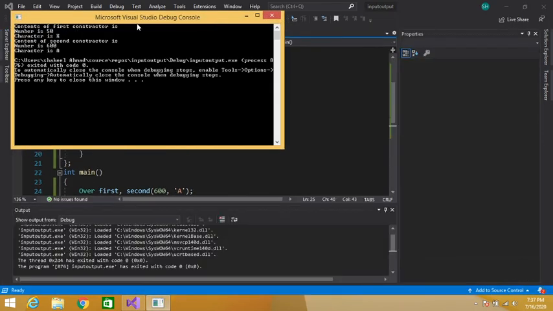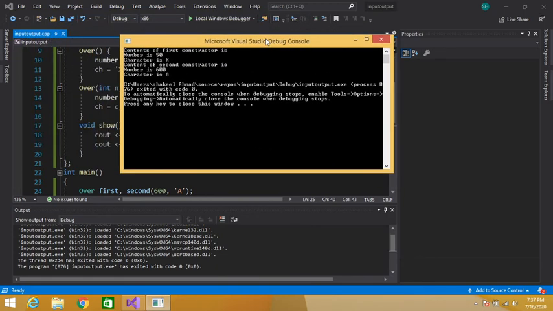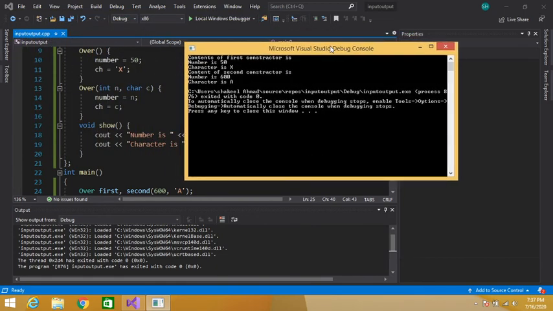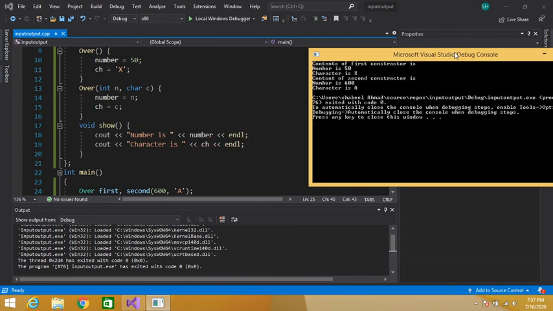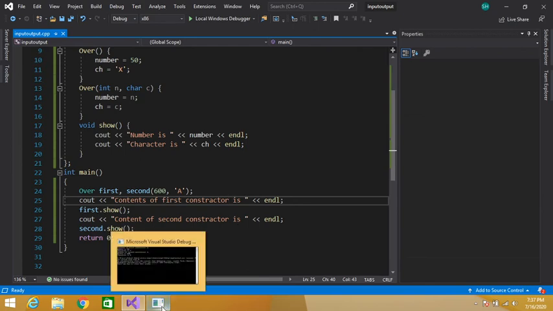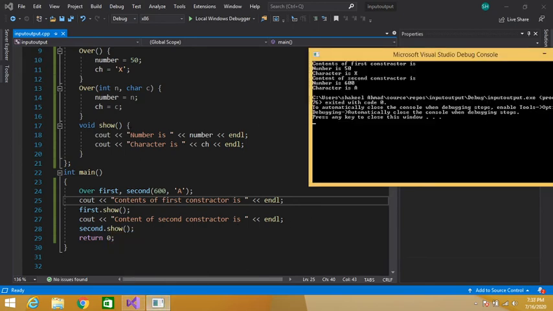So the content of first constructor is number is 50 and character is X. Content of second constructor is number is 600 and character is A. See, in our first constructor number is 50 and character is X. In the second constructor number is 600.